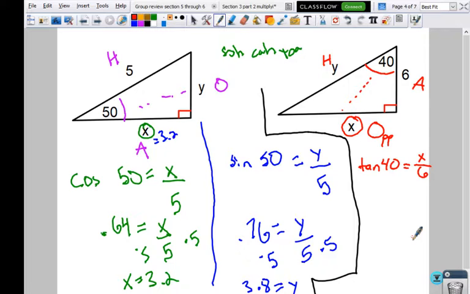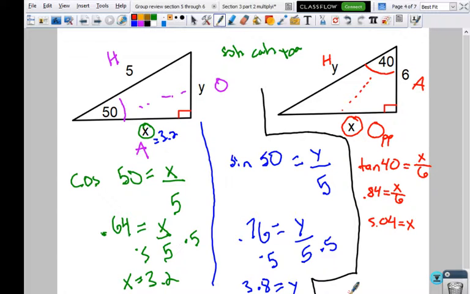What did you get for tan of 40? 0.83. Okay. Actually, let's round it to 0.84 since it's 0.839. And what do I do next? Times 6. Yep. And we get 5.04. So is it okay if I just have 5.04